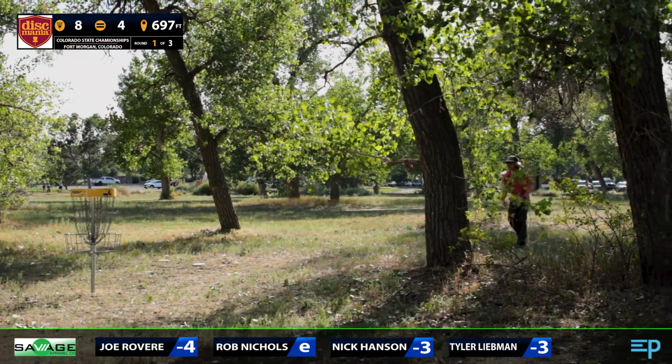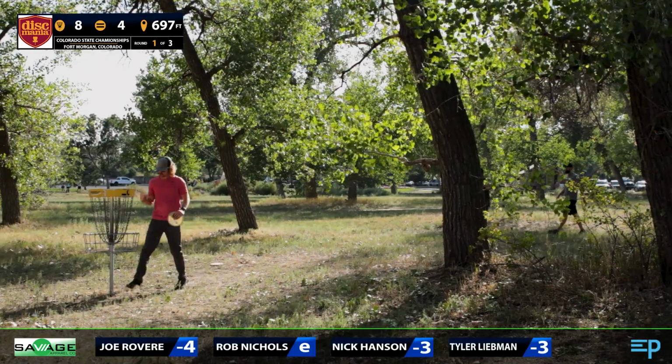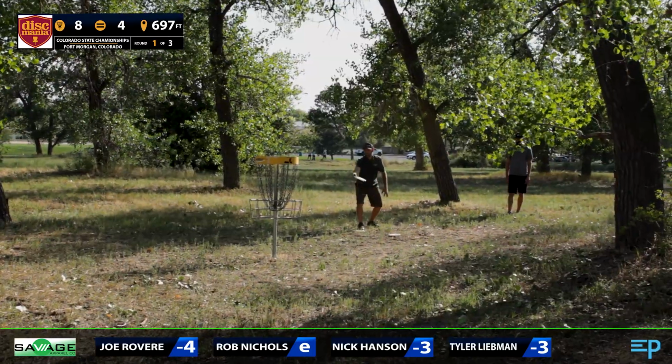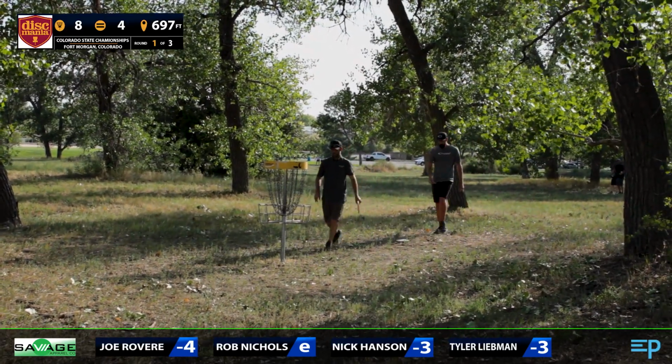Solid birdie putt. You went a little long past the basket even, so. Did get long past the basket, which I don't ever usually find myself back there. At 700 feet, it's tough to find yourself deep on it. All right, so we're going to have these guys tap out here